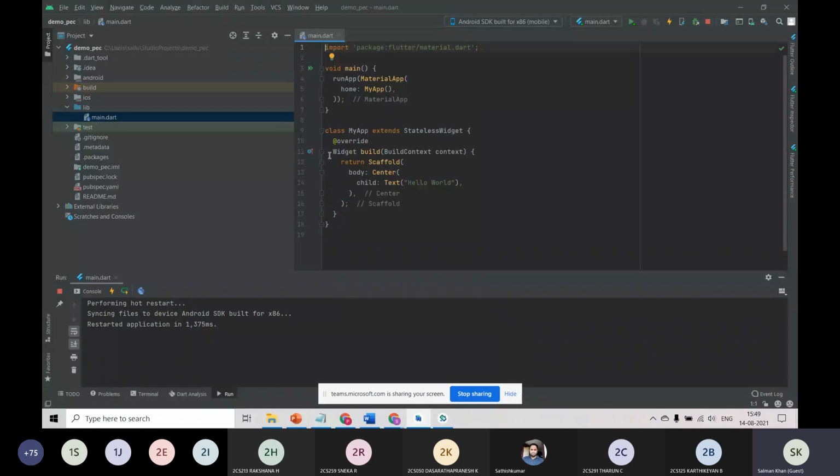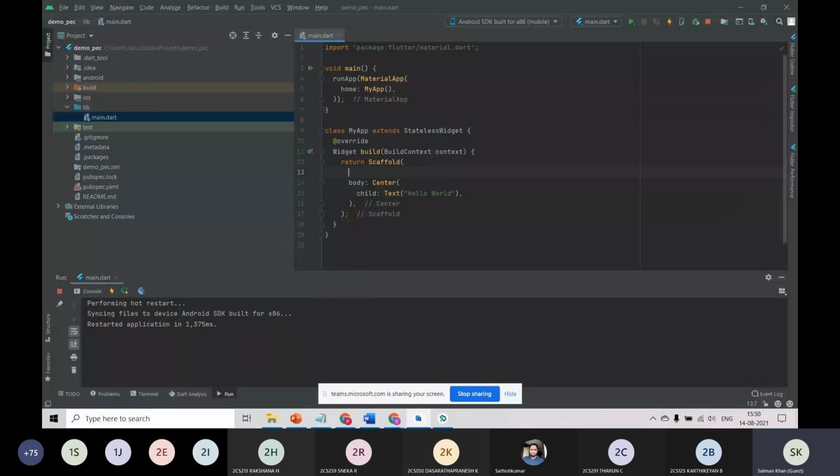And this line, widget build, is the core part of the application, which executes our entire application in one go. For example, rendering any image or anything written under this will be taken care of by the widget build. And widget build has a context. Context means the content in the application. It can be any content, so that is what we commonly call the context. And other than that, as you see, it will be very simple for you to understand, because this is scaffold, as I said, the second type of widget.